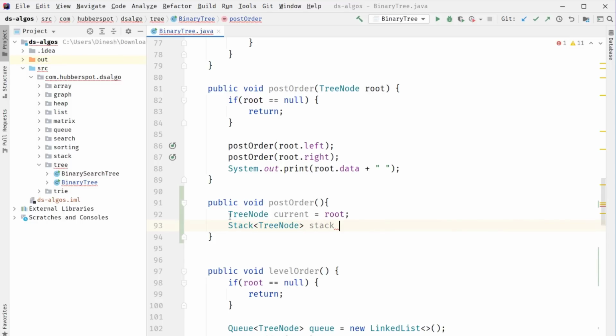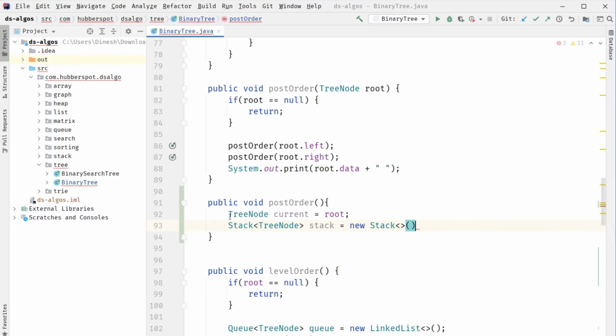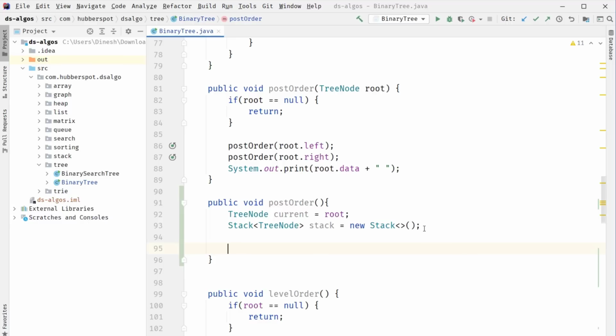We give it the name stack, and we are using the java.util Stack class. We can also use our own stack which we discussed in our previous videos, but here I will be using the java.util Stack. Now in order to perform the post order traversal, we need to provide a while loop,